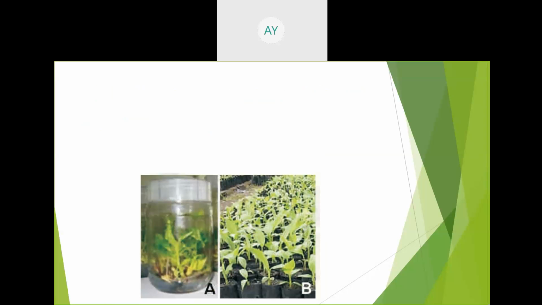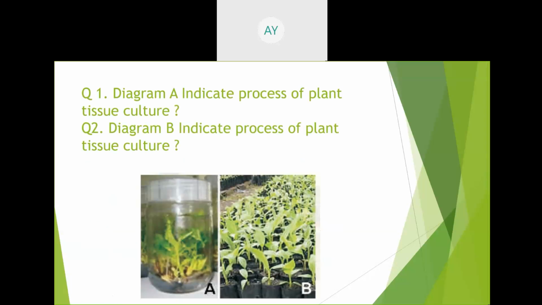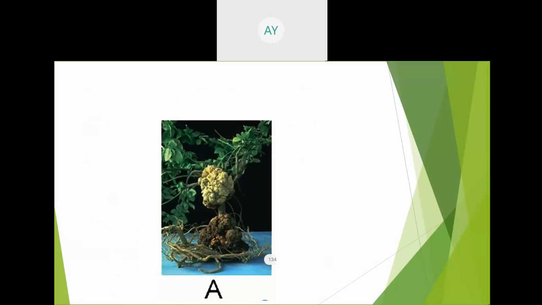नेक्स्ट ये क्या है आपको पता है, मैं बहुत बार पूछ चुका हूँ, माइक्रो प्रोपगेशन का मेथड है। ये लैब में ग्लास हाउस कंडीशन में, ग्रीन हाउस कंडीशन में, प्रोटेक्टेड कंडीशन में ग्रो हो रहा है। सो दीज आर द थिंग्स दैट इज इंडिकेट, एंड यू सी दिस इज द क्रॉन गॉल डिजीज, दैट इज ड्यू टू the bacteria Agrobacterium tumefaciens. You will find that is the gall like structure you will find,